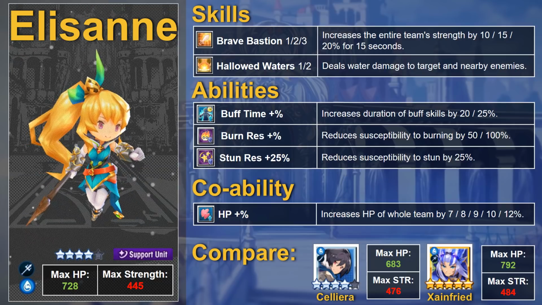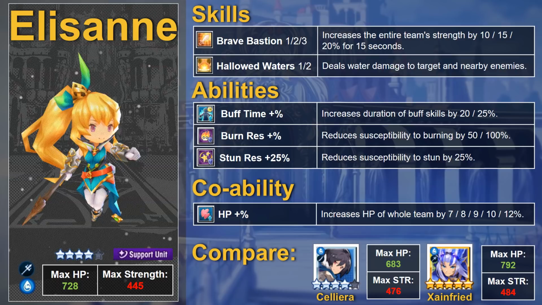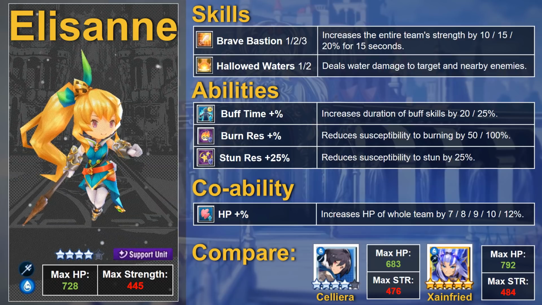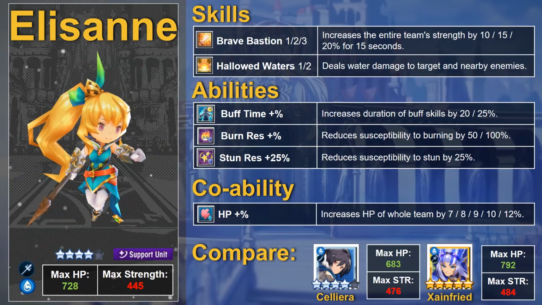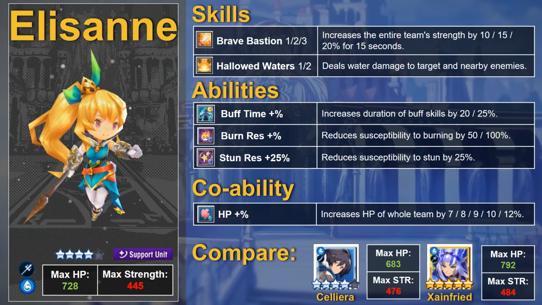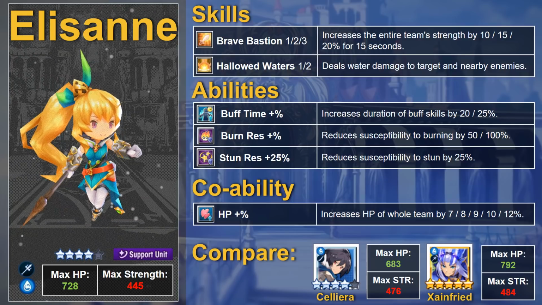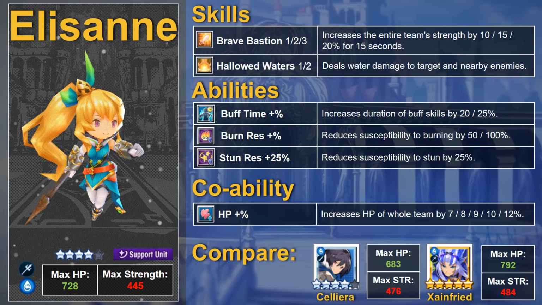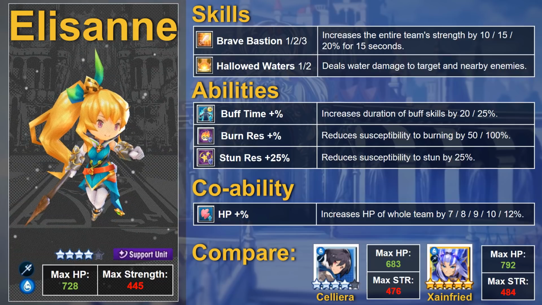Eileen, a wind unit, is the only other holder of buff time up, and no other water units can boost team strength like Elisande can with Brave Bastion, except the 5-star exclusive lance user, Xainfried. With a better HP up co-ability and higher stats, Xainfried is almost strictly better than Elisande if you do happen to have him. Unfortunately, Elisande's low stats mean she is very reliant on an effective team in order to truly